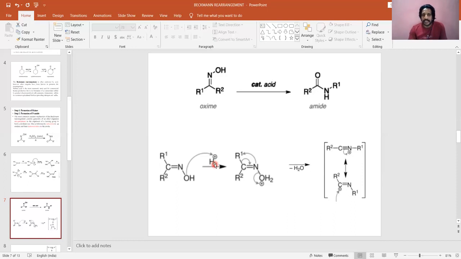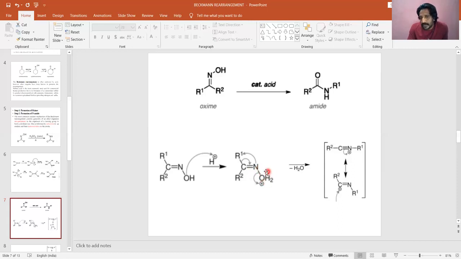So when H plus is added, H plus naturally will go to this OH of the oxime to form OH2, because the non-bonding electrons of oxygen are used, and since they are used, a hydronium ion is formed with the plus charge on oxygen. Now it's an ionic species. So as soon as it got an ionic nature, it will try to attain stability. Attaining stability is possible by elimination of this OH2 as a water molecule.